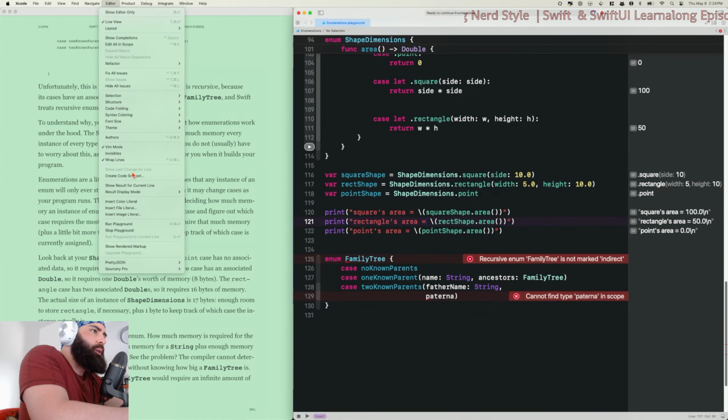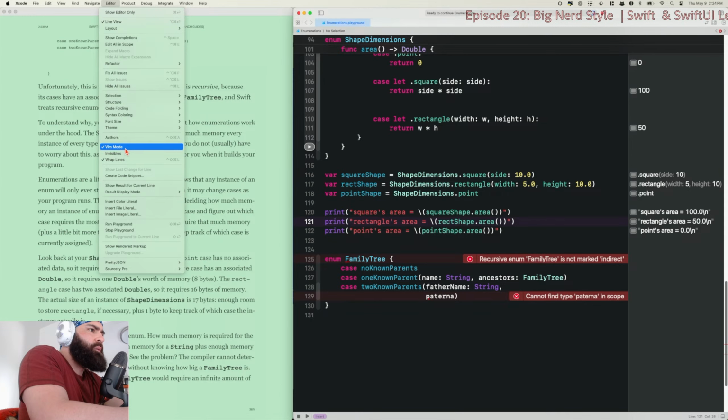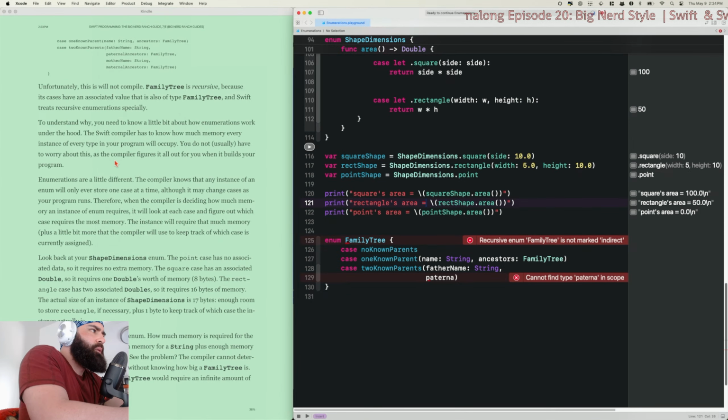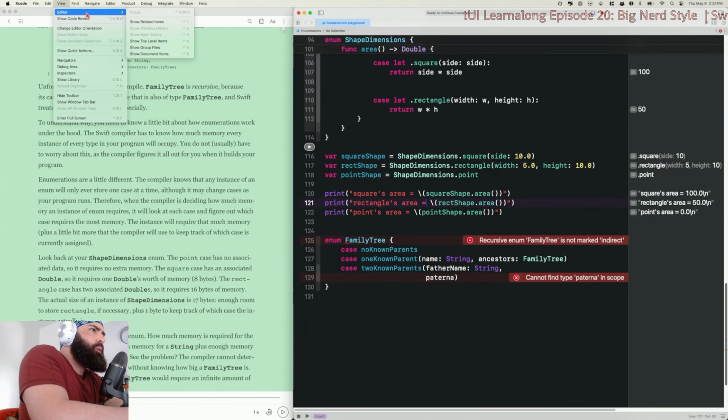Huh. Yak and bison, really? That's interesting. Vim mode, wrap lines, authors. Stop wrapping my lines. Editor.